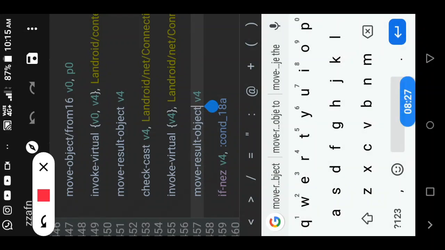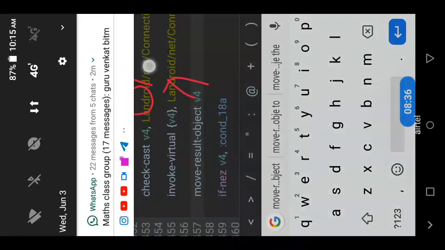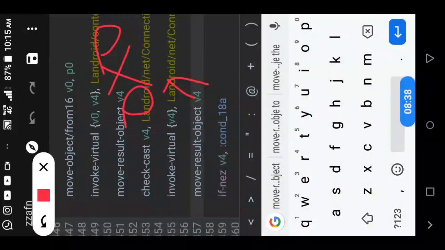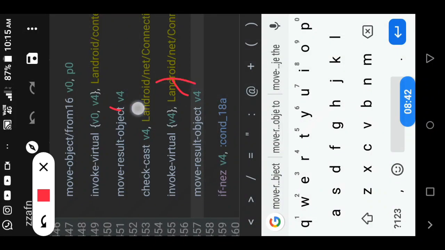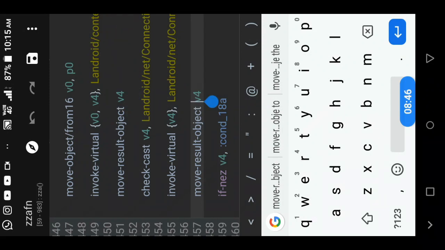what I said here, the result V4 will be set to 0x0 if we are not connected to data. If we are not connected to data, it will show 0x0. If we are connected to data, it will be set to 0x1. So now we should make the code think that we are not connected to data. So what I will do here is